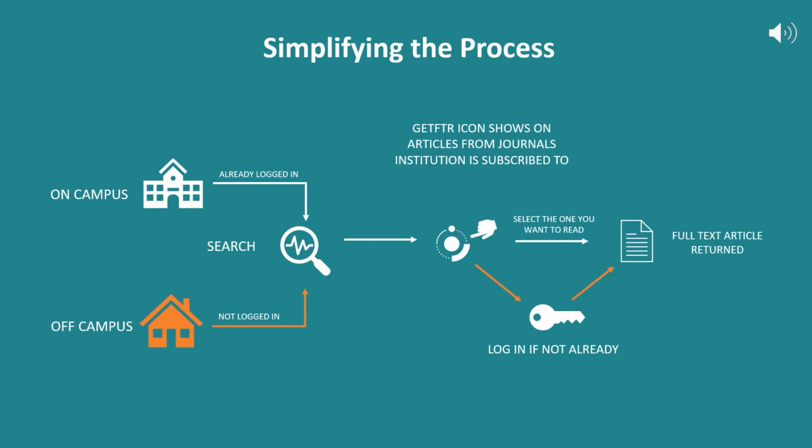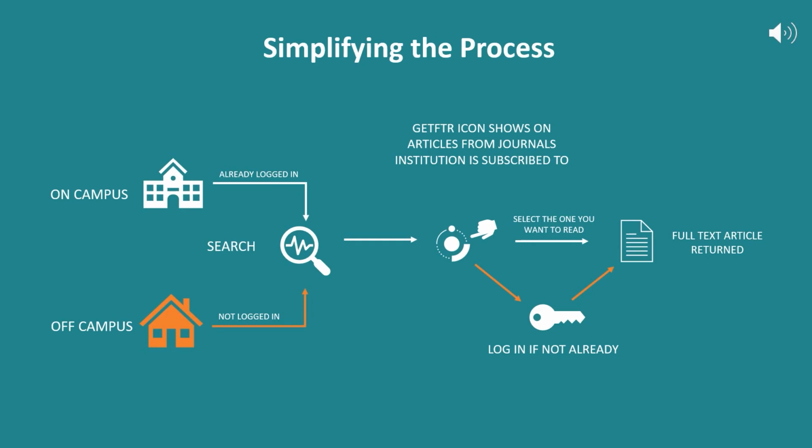That would be one starting point, as well as if you are logged into your campus infrastructure already. Let's say that you maybe have already logged into your course management system, and therefore you already have an institutional